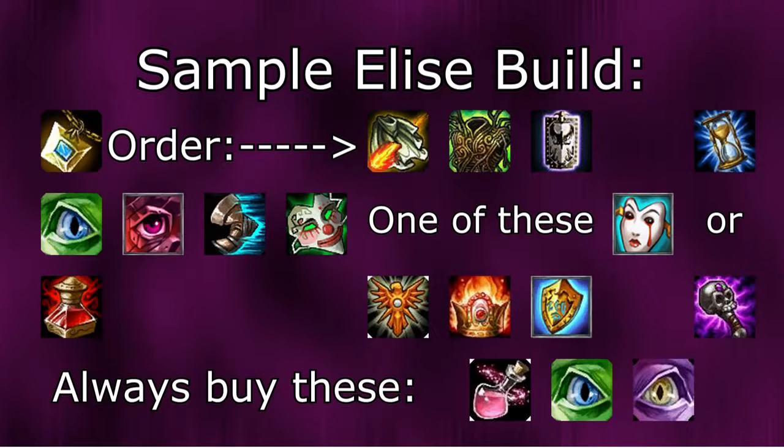With my Fairy Charm, I will either sell it or build it into Shurelya's, of course. If your team needs it, you can also buy an Oracle's after you finish the Sorcerer's Boots, Haunting Guise, and the Sightstone. The reason why the build is like this for Elise support is because it allows her to do